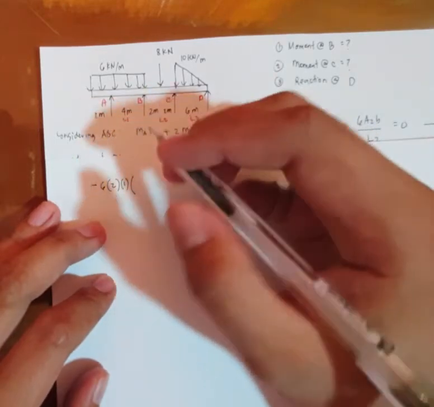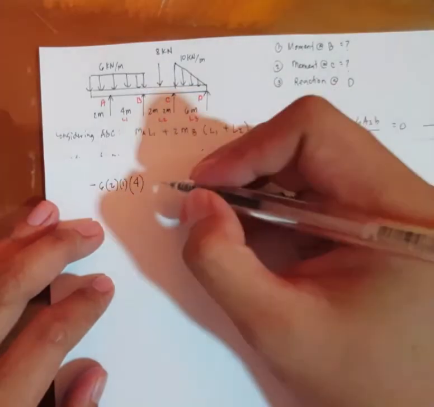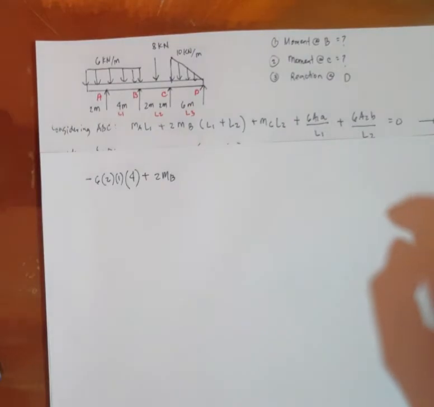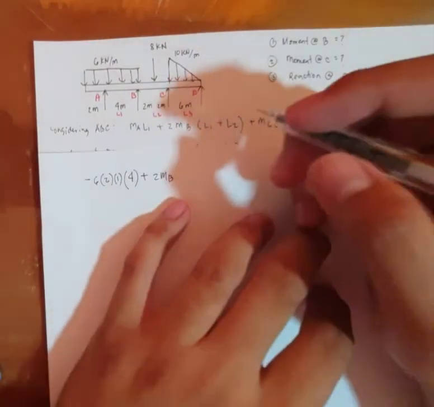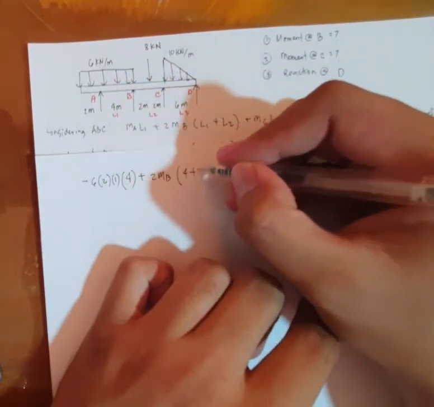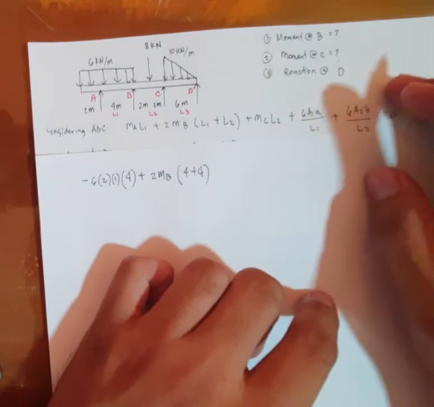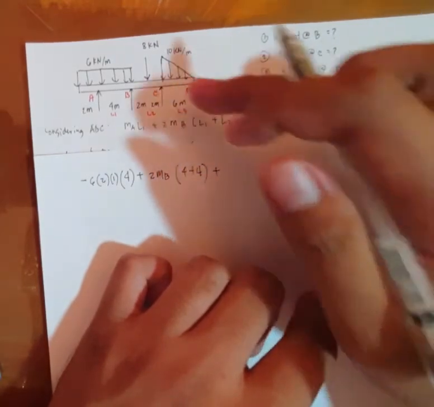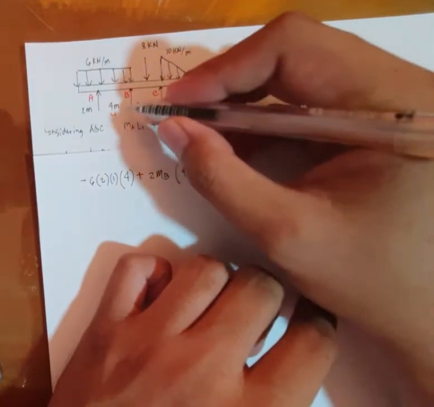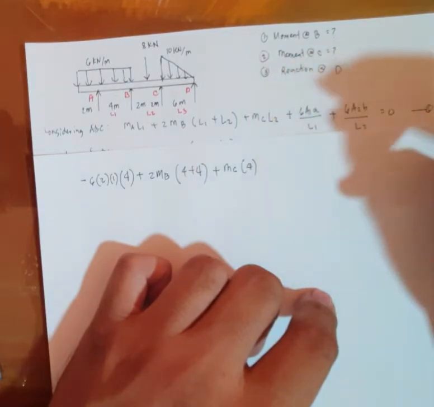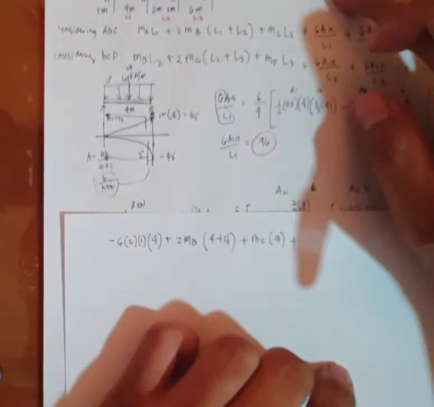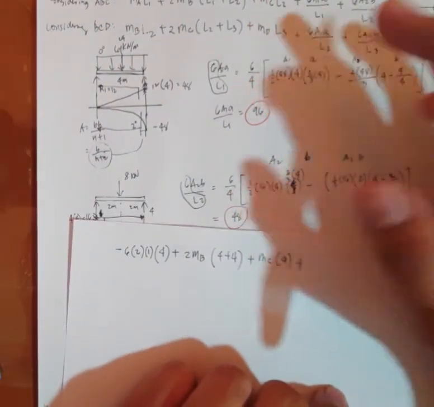L1 na to is this one, 4 meters plus 2 MB, unknown ang moment at B. L1 plus L2, that is 4 plus 4 plus MC unknown gyapon kay internal moment. MC L2 is 4 meters plus, so din na dayon tong mga values na itong ikuha na, that is 96 and 48